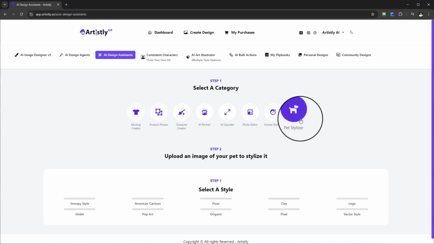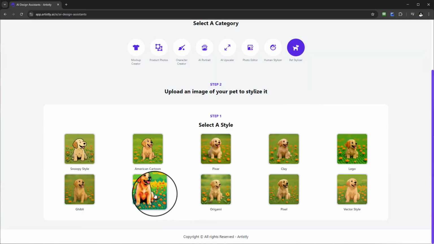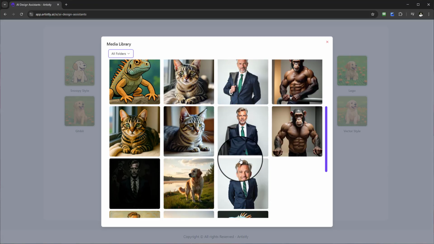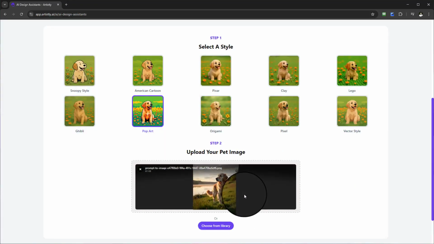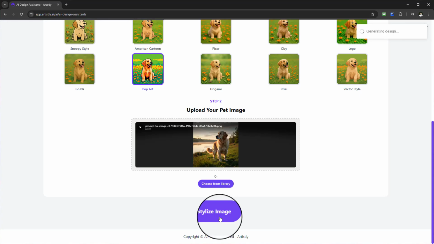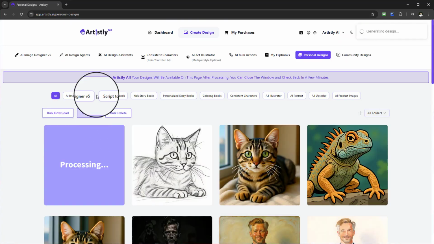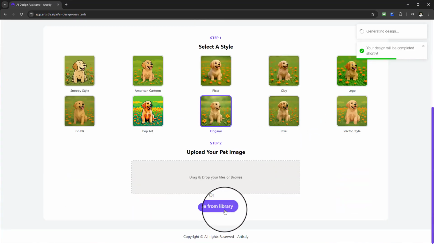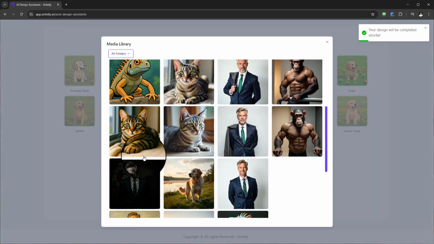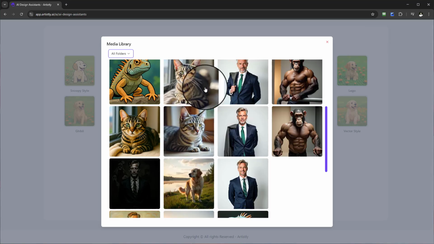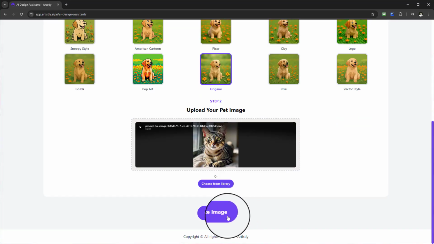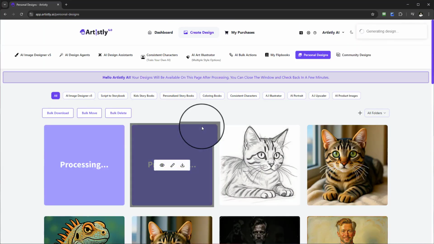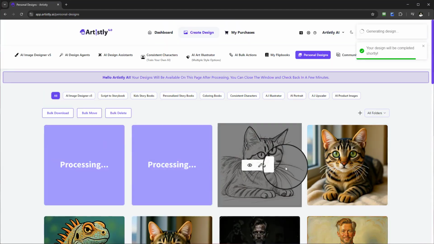So design assistance, Pet Stylizer, let's go for pop art. Let's do something a little bit different. Let's go for the dog this time, stylize. And let's just do one more really quick. Origami, let's test this out. Stylize. So really simple steps that you can follow, but remember with these,